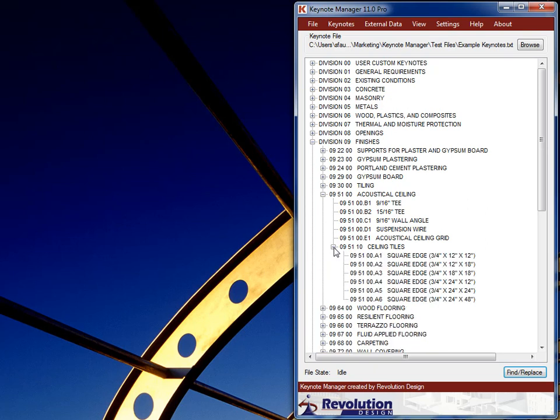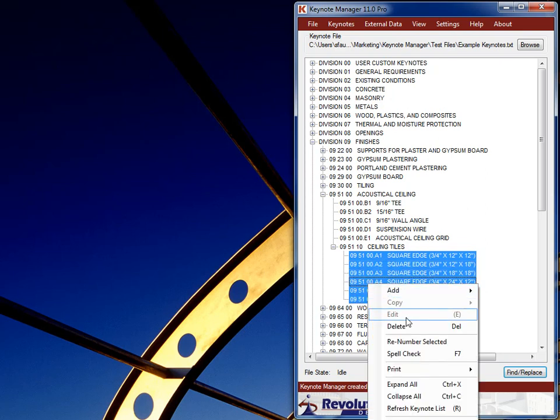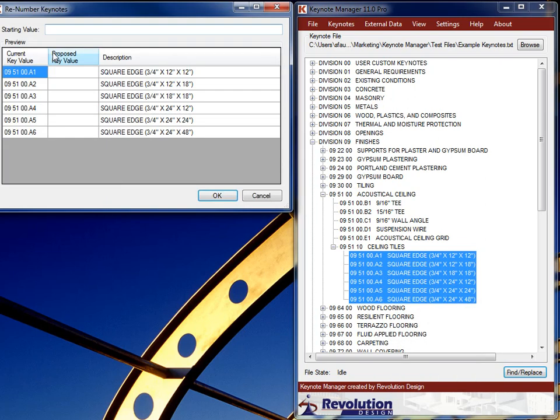Next thing, so now I've got this, I can expand and contract. Next thing I'm going to do, I'm going to change these all to the 10, and I'm going to just change them to 0, 1, 0, 2, etc. rather than the A1. So I think I like that better. So again, a Pro version only feature, this renumber selected here. I'm going to select all and hit renumber. And so I'm going to start with